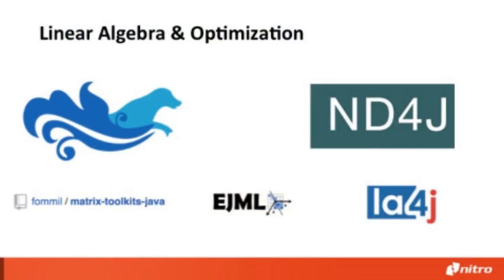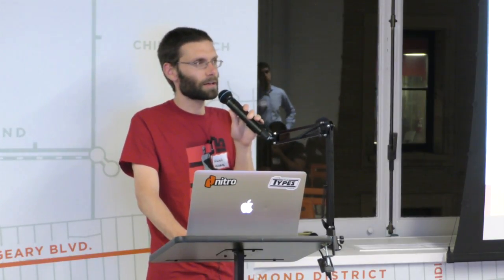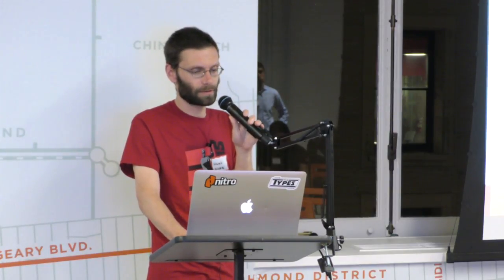Okay, but from a more practical side here, sort of a higher level of abstraction, linear algebra is the bread and butter of machine learning, and it would be a shame if we didn't have good libraries. So the three libraries at the bottom are actually Java-based, but their APIs are not that bad. ND4J has nice backends. It runs on CUDA and BLAS and all kinds of other backends, but unfortunately it still has a mostly Java API. There's ND4S now for Scala, which is a major improvement.